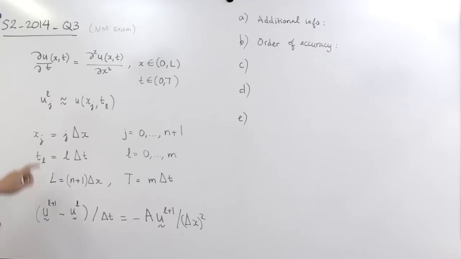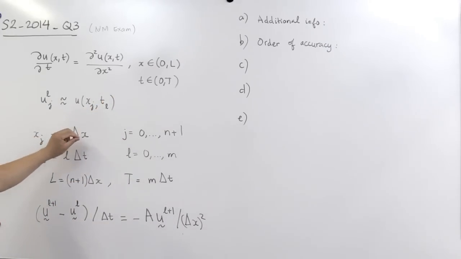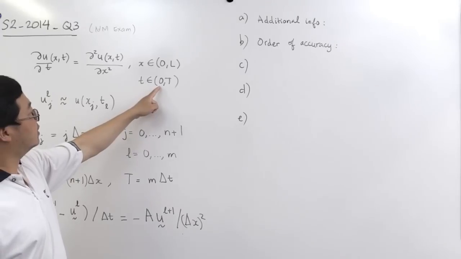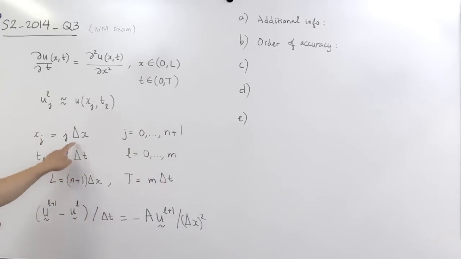And then we discretize the domain. So we discretize the domain by xj, yeah? So xj is just j multiplied by delta x. So delta x is the space step, like you divide 0 to L into equivalent space, and each subinterval has length delta x. Similarly, you divide the 0 to T into m intervals, and the length of each subinterval is